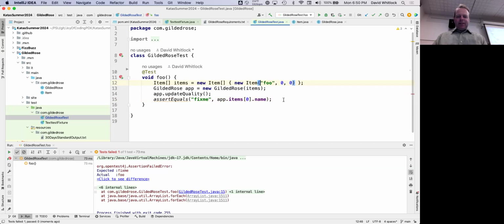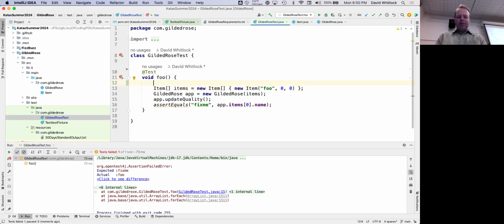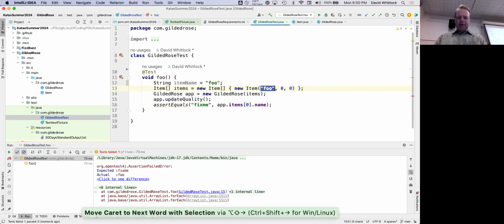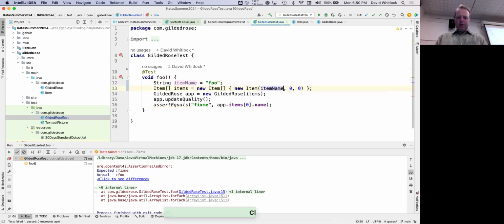I don't know if it's a very interesting test case, but here's what I'm going to do. I'm going to take this value and put it in a variable so I can use it in two places. I'll call it item name equals foo, use it here, and then use it here.